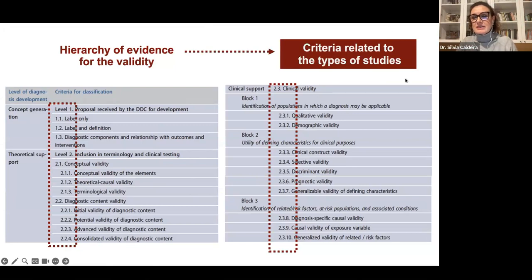There are different criteria related to different types of studies, and you won't find that so easily in the chapter. That's why we need these webinars, to help you and to clarify, as the research committee, and help you in